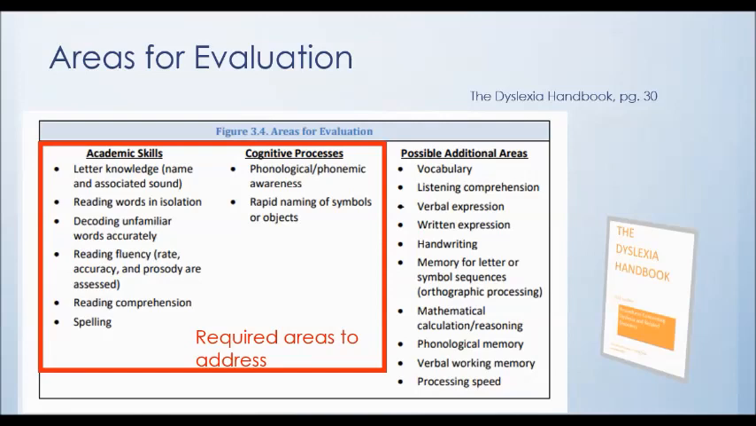Those are the required areas to address when taking into consideration and evaluation of the identification of dyslexia. Some possible additional areas to look at are vocabulary, listening comprehension, verbal expression, written expression, handwriting, memory for letter or symbol sequences, known as orthographic processing, mathematical calculation and/or reasoning, phonological memory, verbal working memory, and processing